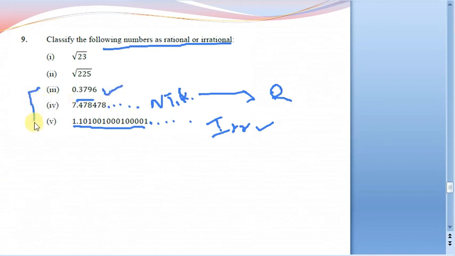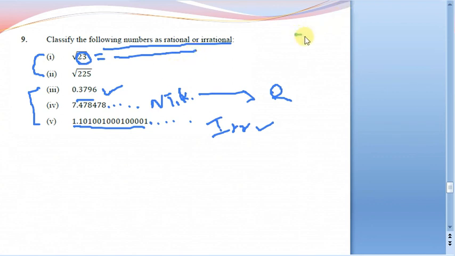So these three questions are very easy. By looking at the decimal expansion of the number itself, we can classify them as rational or irrational. Now just look at the first two questions. It is going to be square root of 23. Now just imagine, can you think of a number which on squaring gives you 23? Is there any such number? No. So in that case, any number inside the square root like this will become irrational.